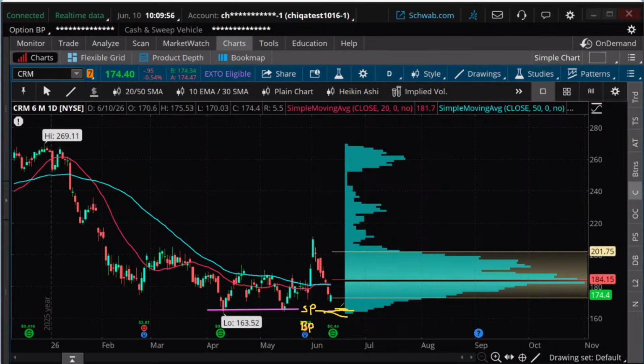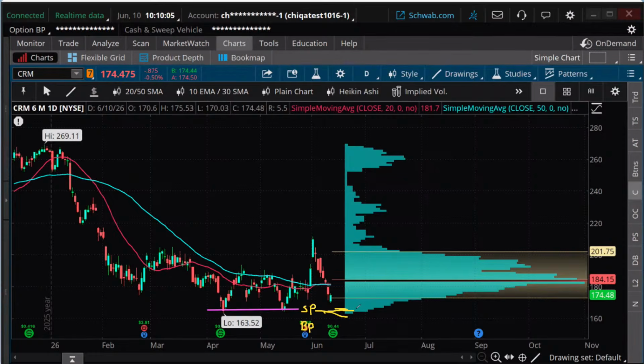That's the goal, that it's going to find some support and bounce up. As long as it does so, we'll probably be in decent shape on this trade. At expiration, if it's above 165, it should expire worthless. Now, with a short option, there's always a chance of early assignment, but we're doing it out of the money. That should minimize that chance here.